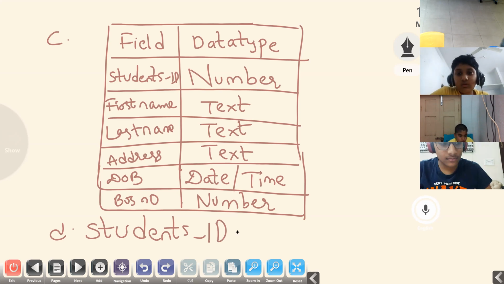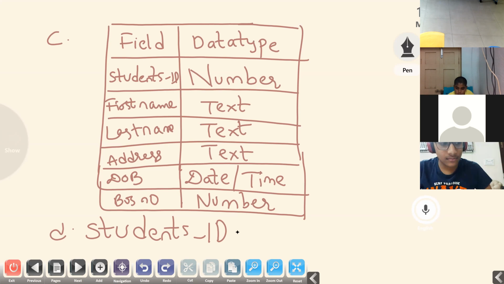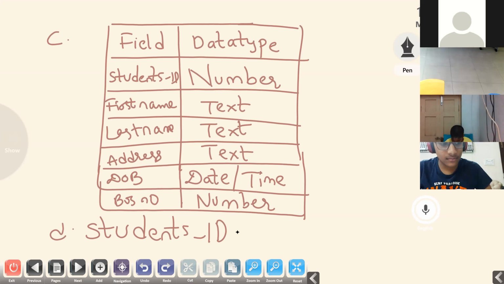Now what you have to do is open your classworks. Open your classworks and this section B, this first one you have to write in your notes. Write the table, write the details. The table you have to draw.